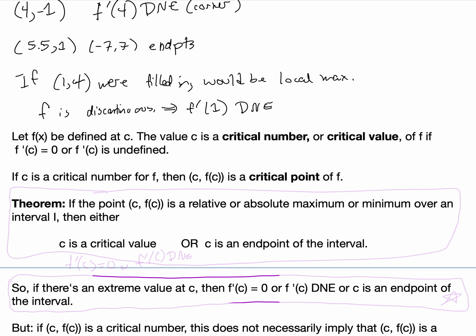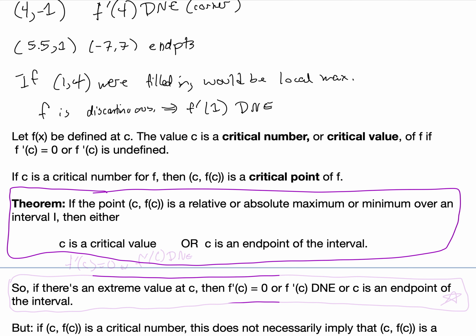And notice again that all the places above where we had either an absolute or relative max or min, all of those places were either critical numbers or endpoints of the function, endpoints of the interval over which the function was defined. So here is an important theorem, and we can think of our motivation for this theorem as what we just observed above. If a point c, f of c, is a relative or absolute maximum or minimum over